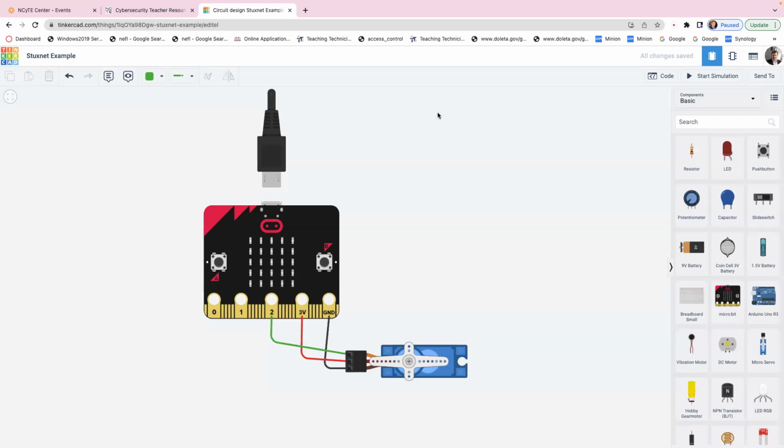I don't know how many of you have used Tinkercad, but one of the things that we decided to do was, part of the 21st century skills is to teach innovation, critical thinking, problem solving, and then most importantly, to make it relevant.